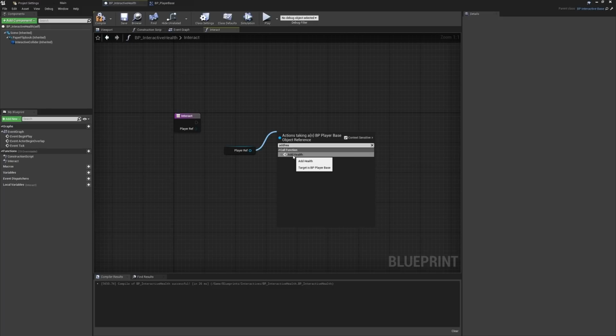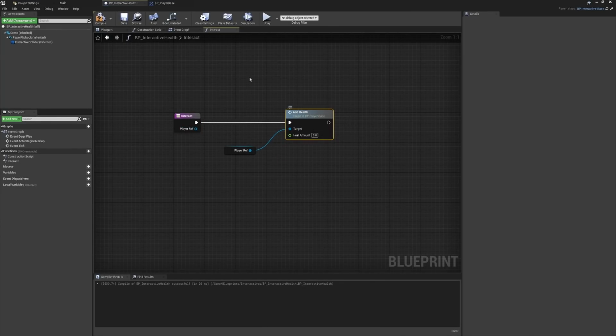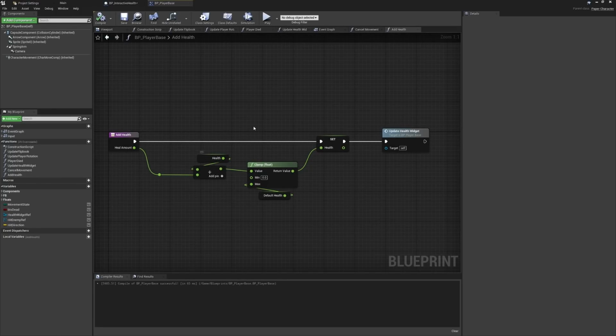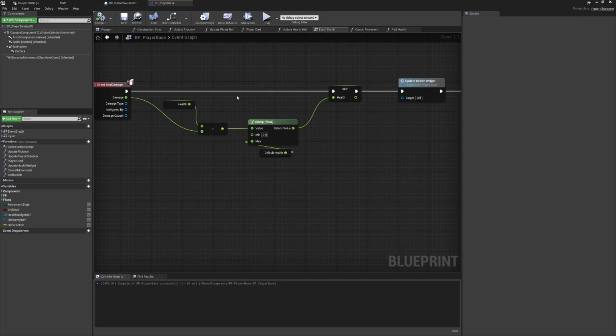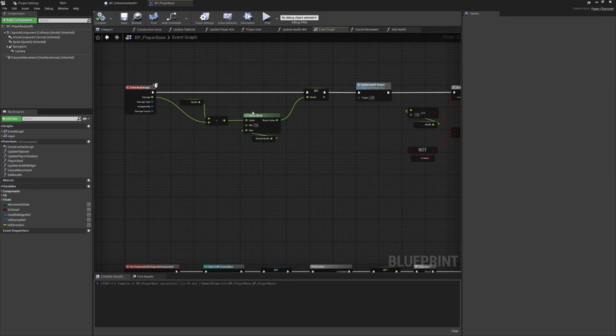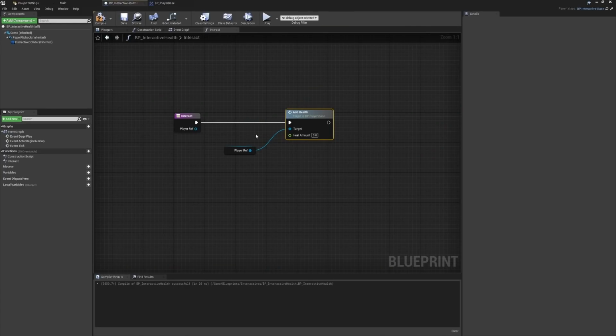So hopefully you can see why this is going to be a little bit safer. We're now not setting the health value outside of the class where it's being used, which means inside of the player class, just as a recap, we now know that this health variable is only being updated either in the add health function or the damage section of the event graph here. It means that if we're ever debugging through this, we know where to look if something strange is happening with the health. Whereas if you start adding these calls to set variables from other classes, it starts becoming a little bit harder to track down where health might be getting changed to something at some point